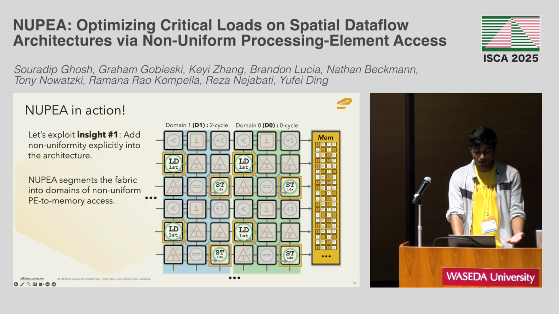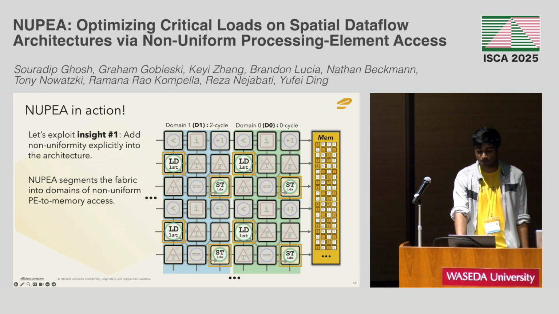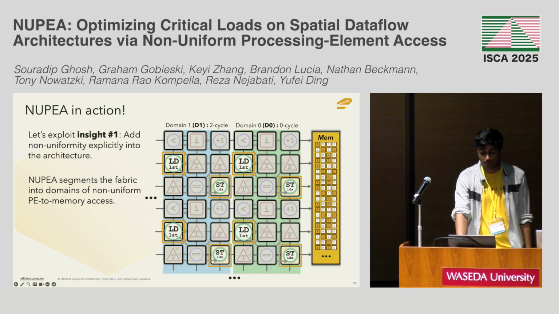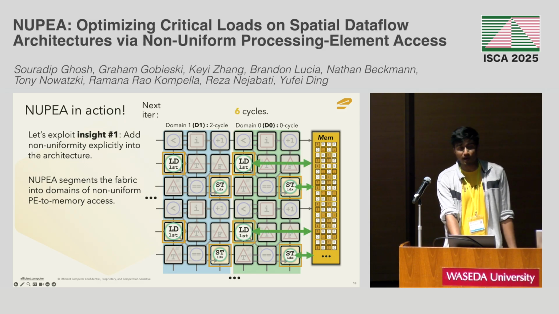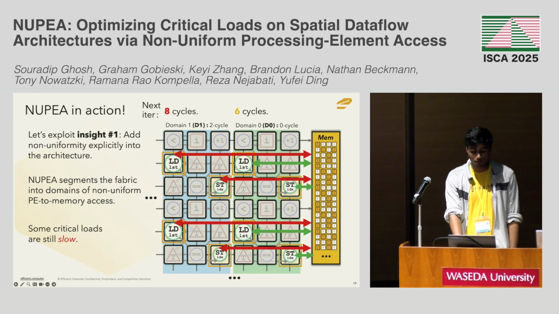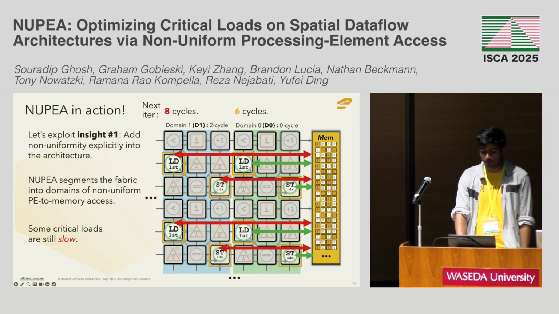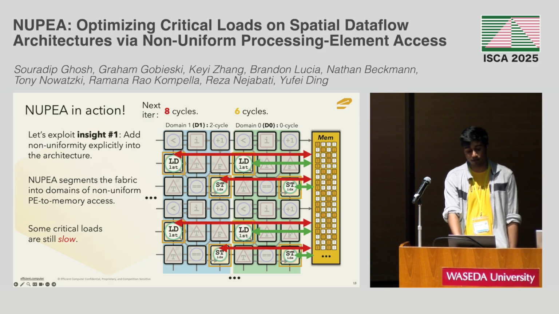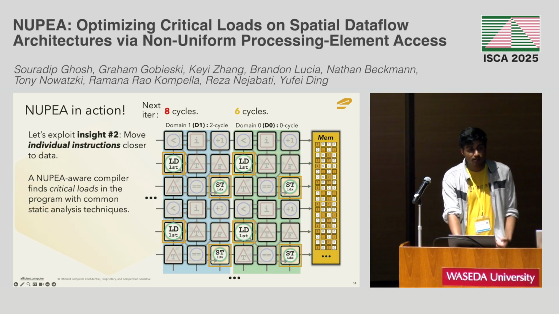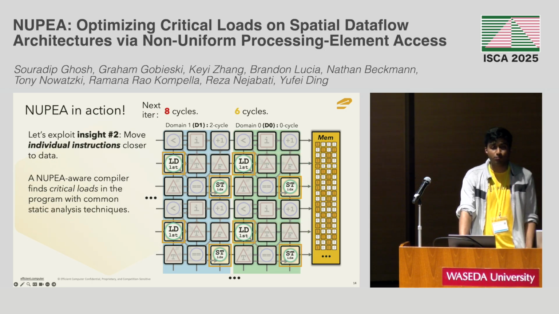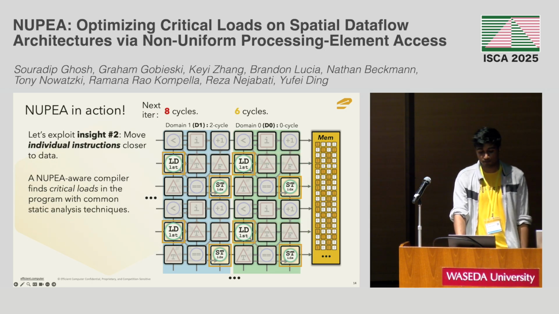In our example SDA, we've got 2 domains here. D0 can get to memory in no time, and D1 takes 2 cycles round trip. This is nice because some of our accesses are going to be faster, but not all of them. Accesses in D1 are still going to be slower, especially for those critical loads on the left. That leads us to exploit insight number 2. We can move individual instructions close to data. And so a NUPEA-aware